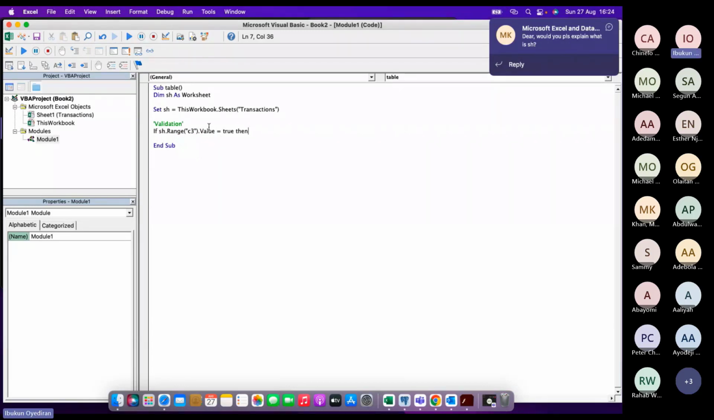So let me explain. I don't know if you understand how I created a variable called SH. SH is not the name of our workbook, which is called transactions, like I explained earlier. Now I'm trying to create a validation function using the if function, so that it gives me information if I don't fill a particular field. So I'm using the if function, saying if SH.Range, what's this saying? If the transaction sheet